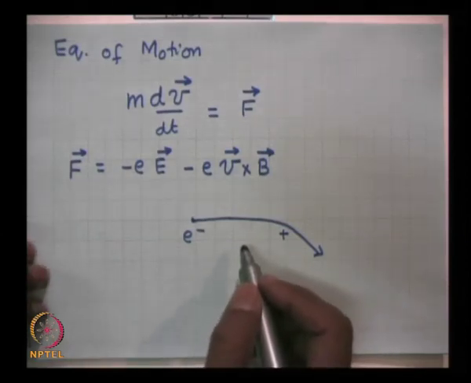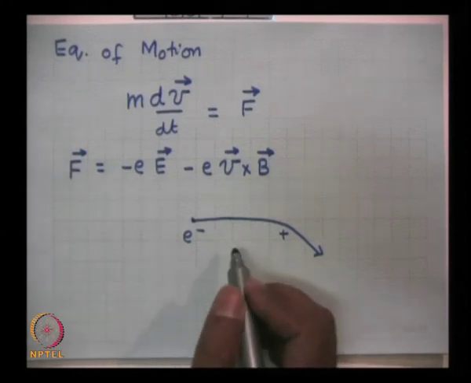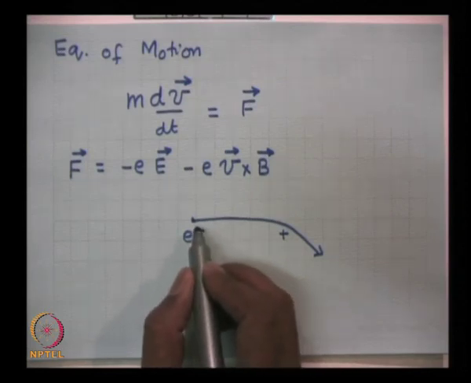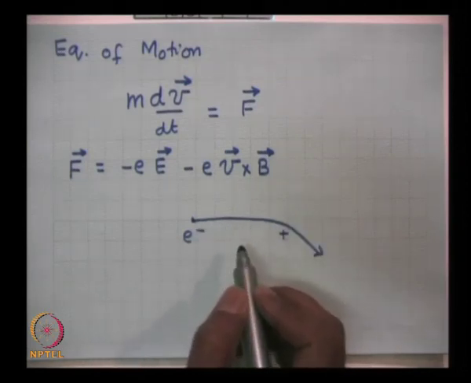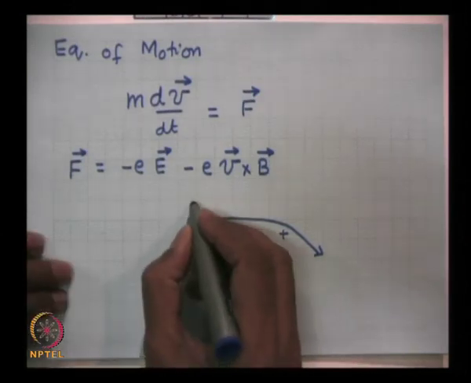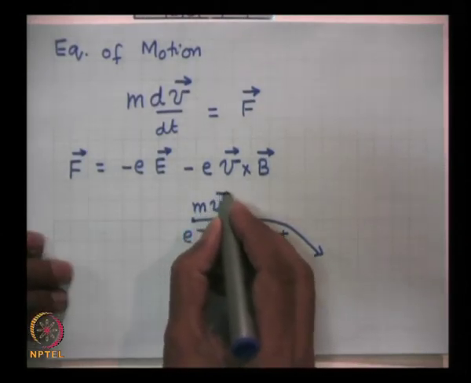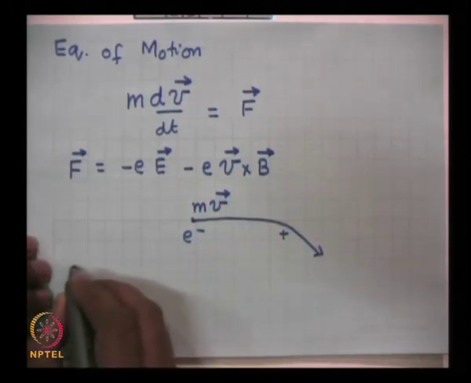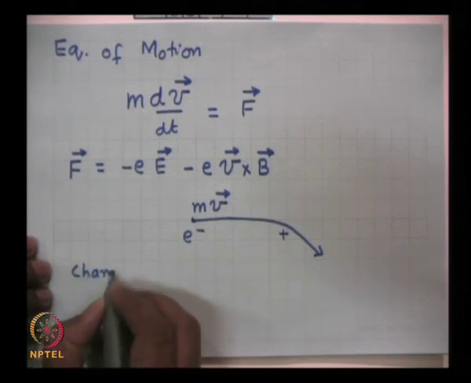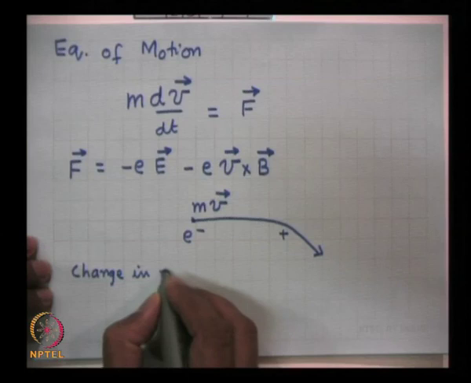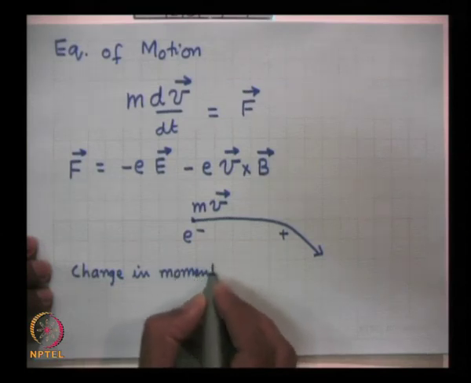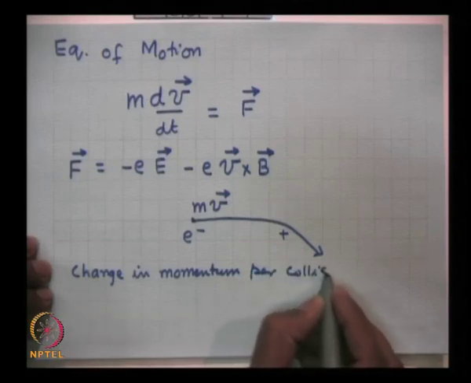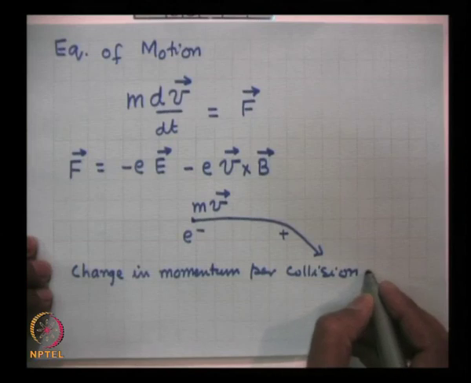What we do is we say that on an average in a collision momentum is randomized, meaning in some collisions the change of momentum is negligible, in some the change of momentum is 2 mv. If electron is coming with a momentum mv, then the change in momentum per collision is approximately equal to mv. Change in momentum per collision is equal to mv,